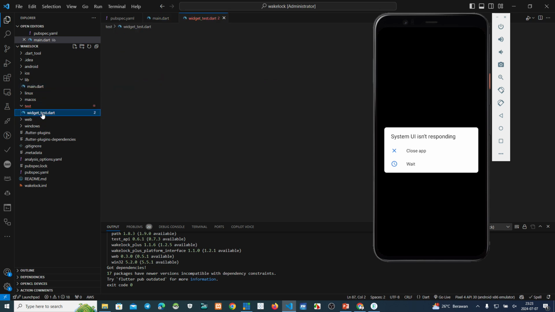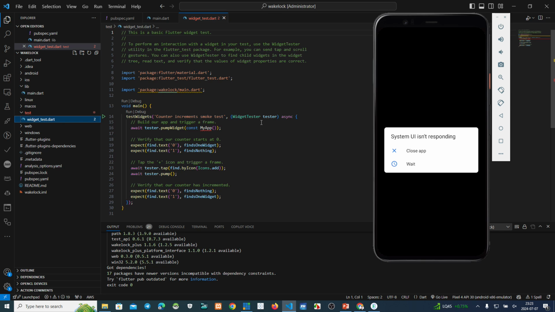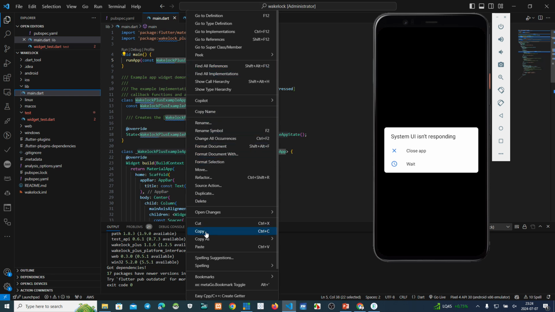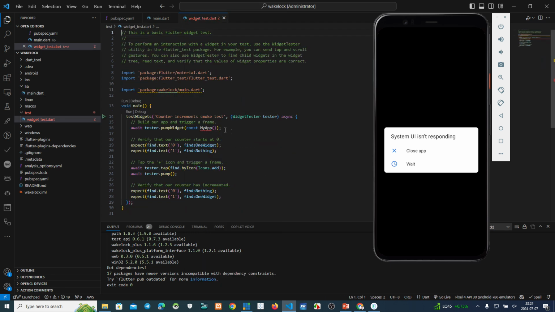The red color, we must clear this. Copy this, paste to this one, my app. Okay, this one we must clear first. Paste. Okay, finish.